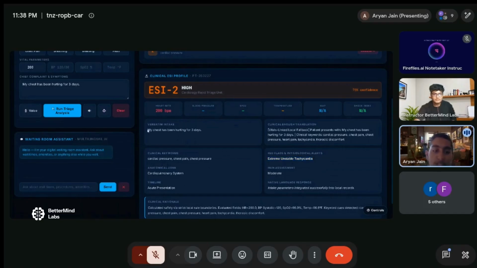So this is just gonna repeat what was said here. This is gonna show some clinical keywords. Same here, that it's showing chest pain, also showing cardiac pressure. This is going to show which part of the body it seems to be in, the cardiopulmonary system. Then there's the pain assessment, which is going to show moderate because it's just saying my chest has been hurting. Let's say,